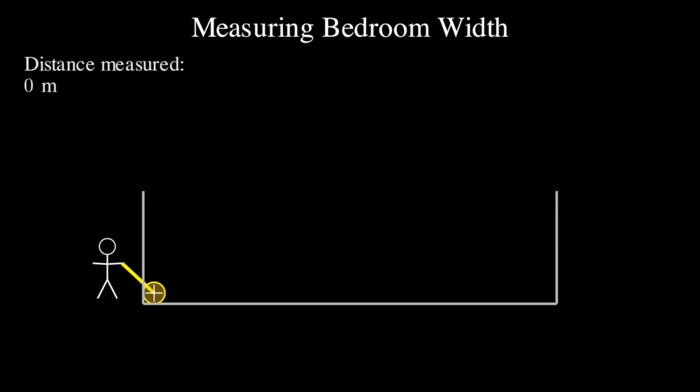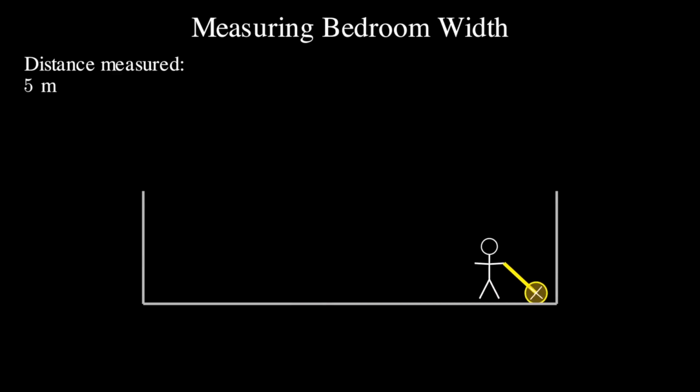Imagine you're given a meter wheel that you can roll along the ground and it clicks once every revolution so that each click represents 1 meter of distance traveled. Thus, the instrumental uncertainty of the meter wheel is plus or minus half a meter. First, you measure the width of your bedroom with the meter wheel. As the wheel turns, you hear 5 clicks, so you estimate that your room is 5 meters plus or minus